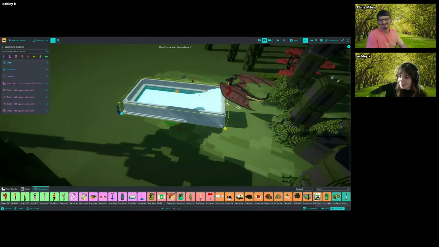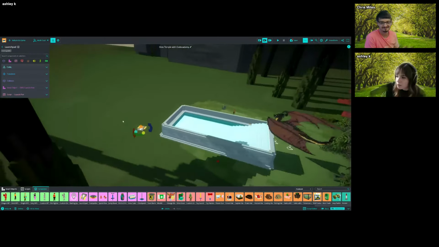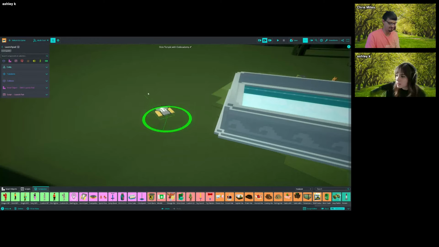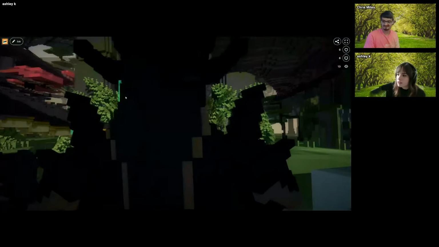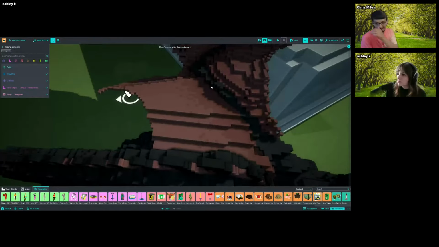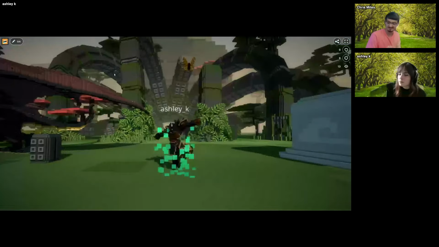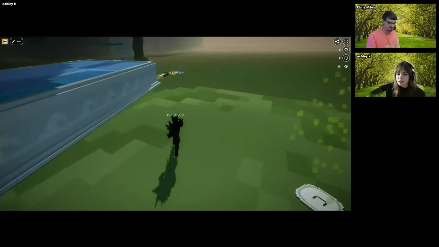So there's all sorts of stuff in here. Launchpad. There's a lot of stuff that's great for making an obstacle course. This launchpad is a classic. Trampoline, another classic. Where am I? Oh, my spawn point is inside of the dragon, I believe, and the pool. Let's move these. And